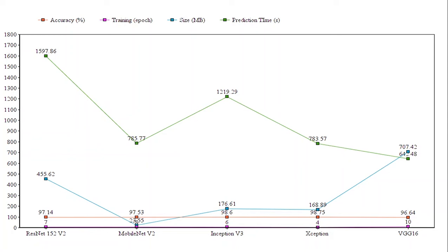The time taken to predict the result with MobileNet was 785.77 seconds. The next is InceptionNet. We gave 6 epochs to InceptionNet. The size of that model was 176.61 MB, and the prediction time is 1119.29 seconds.